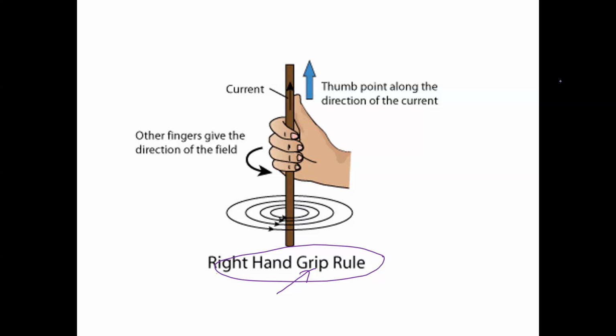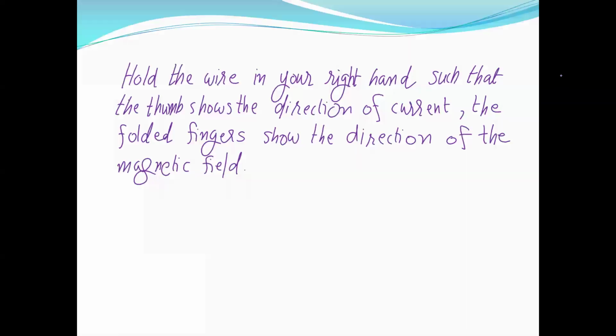Hold the wire in your right hand such that the finger is pointing in the direction of current, such that the thumb is pointing in the direction of current, comma, the folded fingers